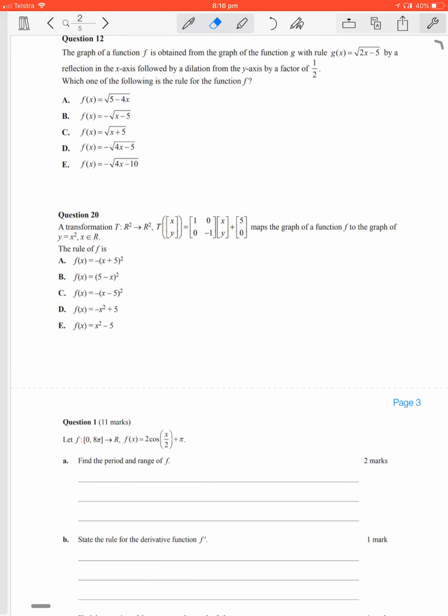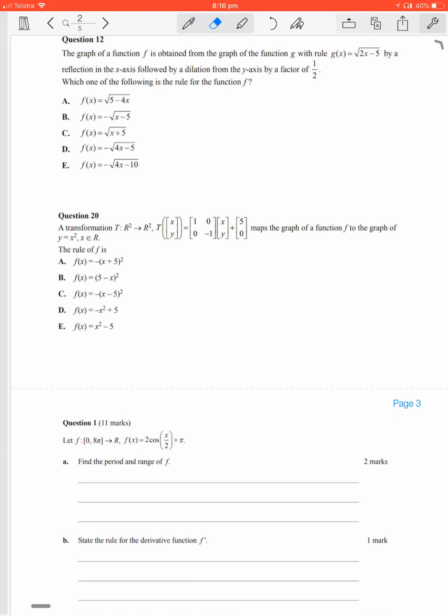Okay, the graph of a function obtained from the graph of the function g with a rule, by reflection in the x-axis. Okay, so if we reflect it in the x-axis, that's negative g of x, which is negative root 2x minus 5, followed by a dilation from the y-axis by a factor of half. Now, because it's a half and it's from the y-axis, we've got to say g of, now because it's a half, the reciprocal is 2x, so I'd have negative root 2 times 2x minus 5, negative root 4x minus 5,